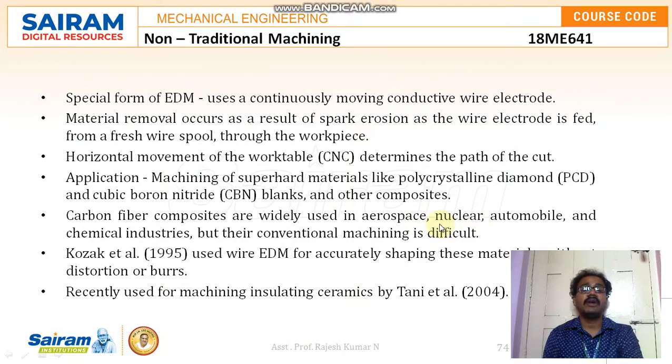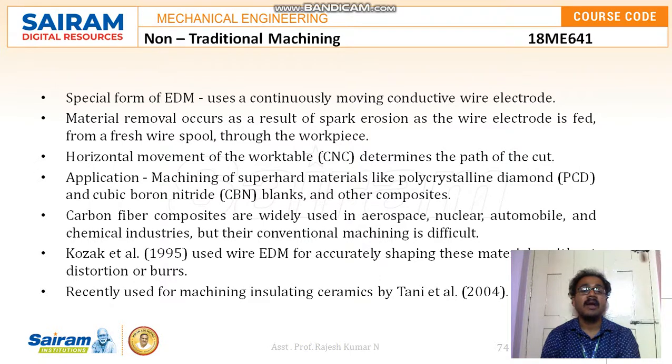Next is a special form of electrical discharge machining using a continuously moving conductive wire electrode, where the material removal occurs as a result of spark erosion as the wire electrode is fed from a fresh wire spool through the workpiece. Horizontal movement of the work table, I am talking about CNC, determines the path of the cut, and the applications may be machining of super hard materials like polycrystalline diamond, PCD, and cubic boron nitride, CBN blanks